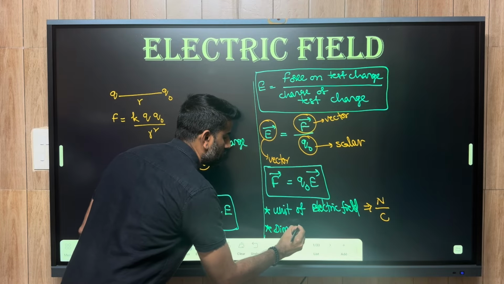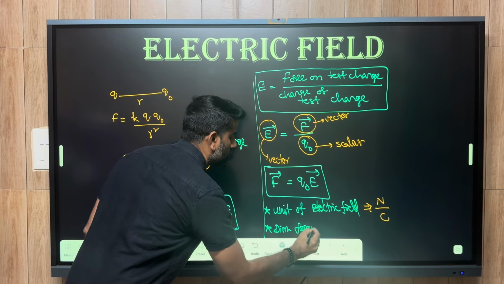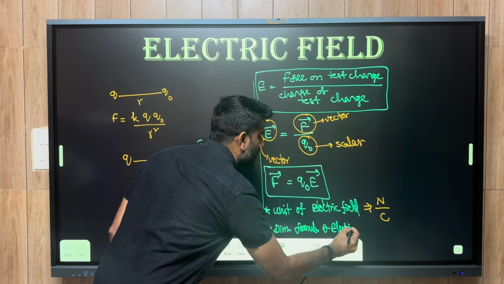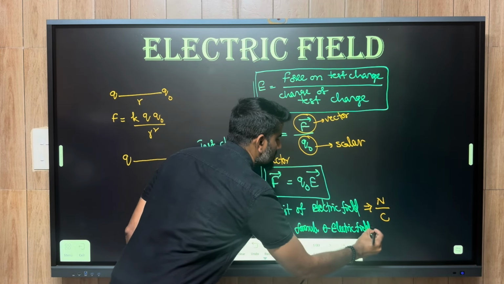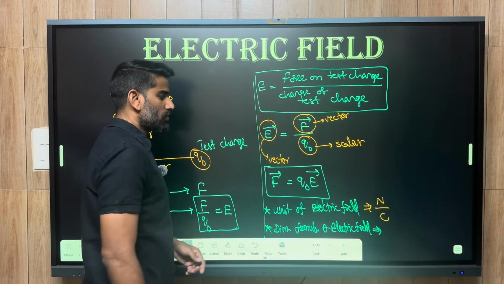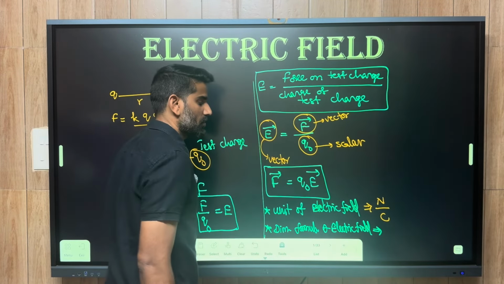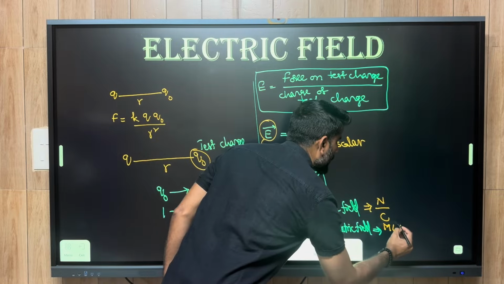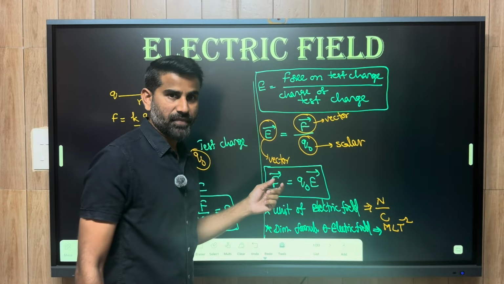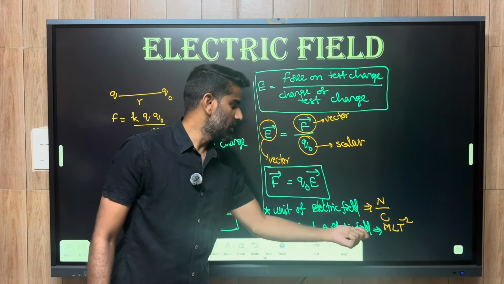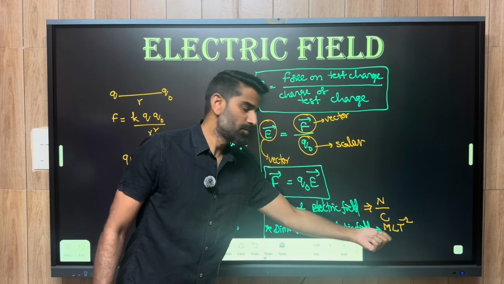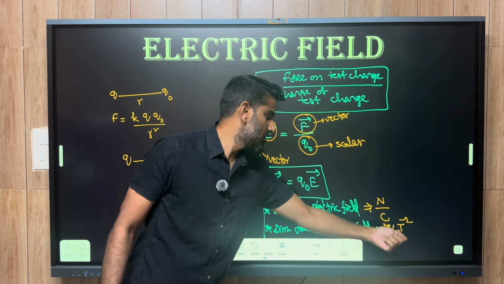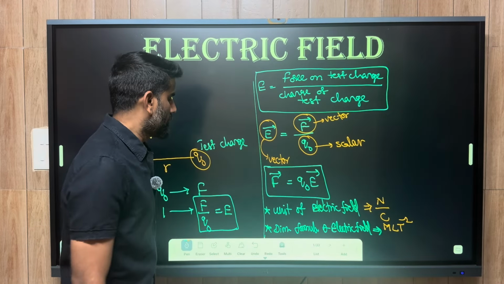Dimensional formula of electric field. As we already know, the dimensional formula of force is M L T minus 2, because force is MA. The general expression for the force is MA. M is the dimensional representation of mass, and acceleration is meter per second square, which is L T minus 2, divided by